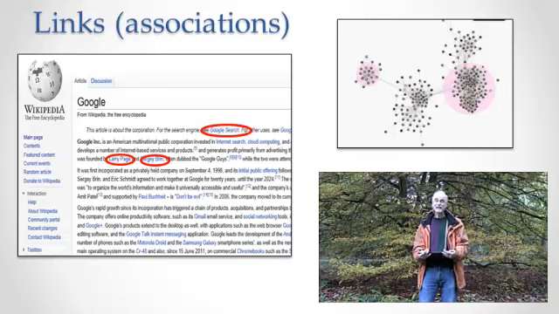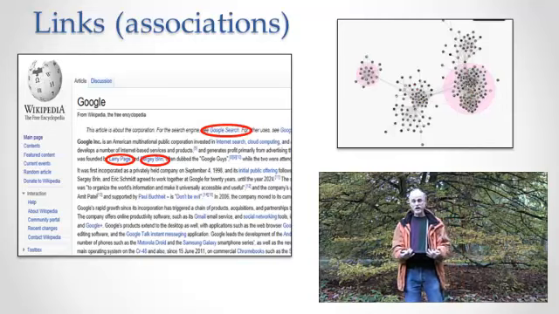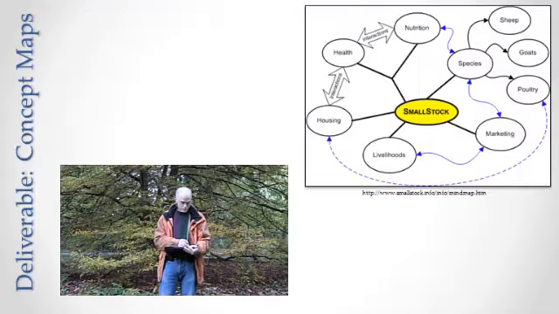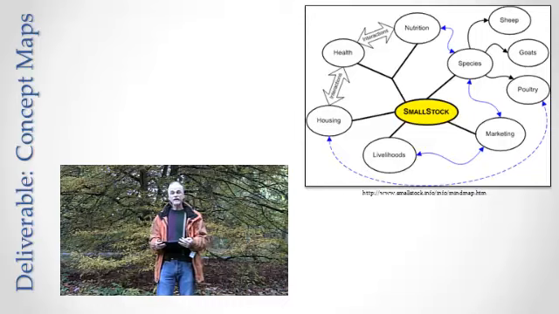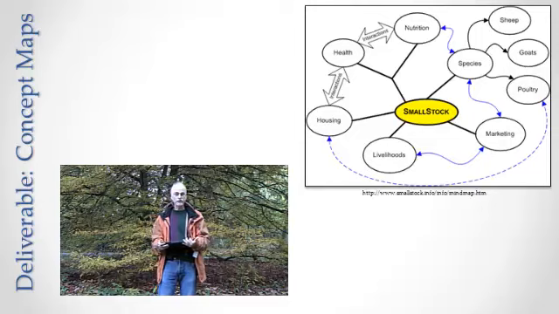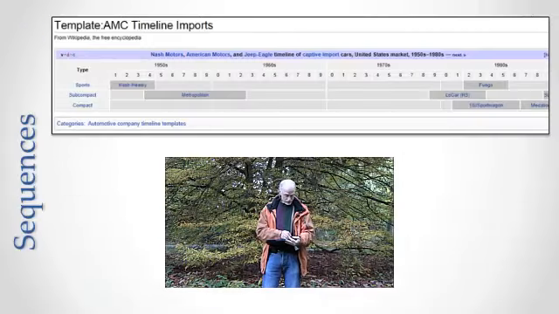So lots more I could talk about in all of these subjects. I'm just giving you the tip of the iceberg, but if you're interested in this stuff, there's certainly resources for going much further into it. Okay, so the deliverable is a concept map. That concept map may help us understand how to interlink all of the information so that it's organized by links or by associations. Maybe we've already created a list of terms for our index. Maybe we've already created an outline for our hierarchy. Now we're creating a third thing. Okay, so